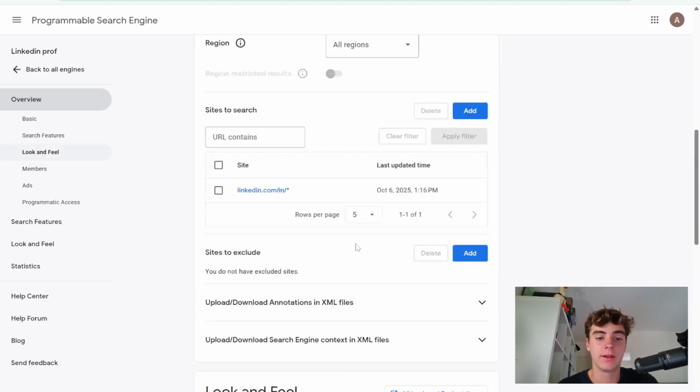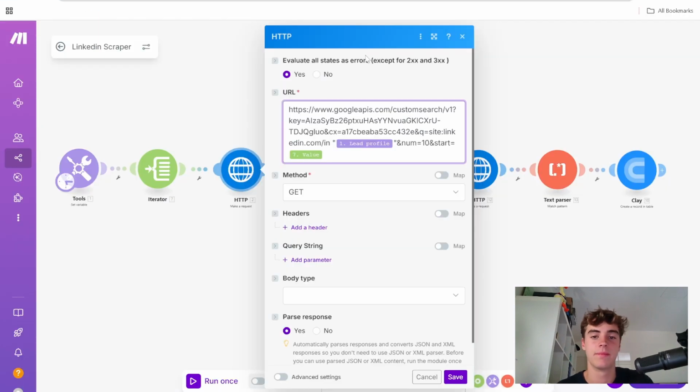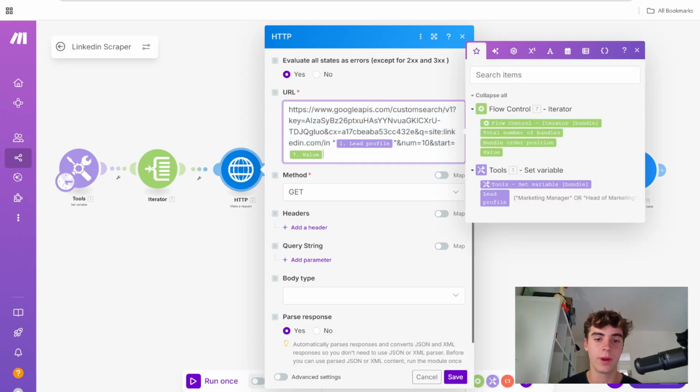That's all the setup you're going to need. So I've just helped you guys a lot there. There we go. So you want to do this URL, and this might look a bit weird right now, but